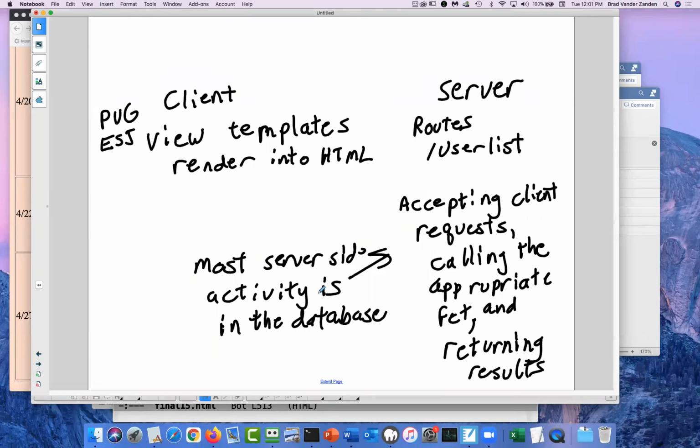So what I'm going to show you is a sample Node.js application that allows you to add new users to a mailing list and then display those users as a list and send a mail message to them.